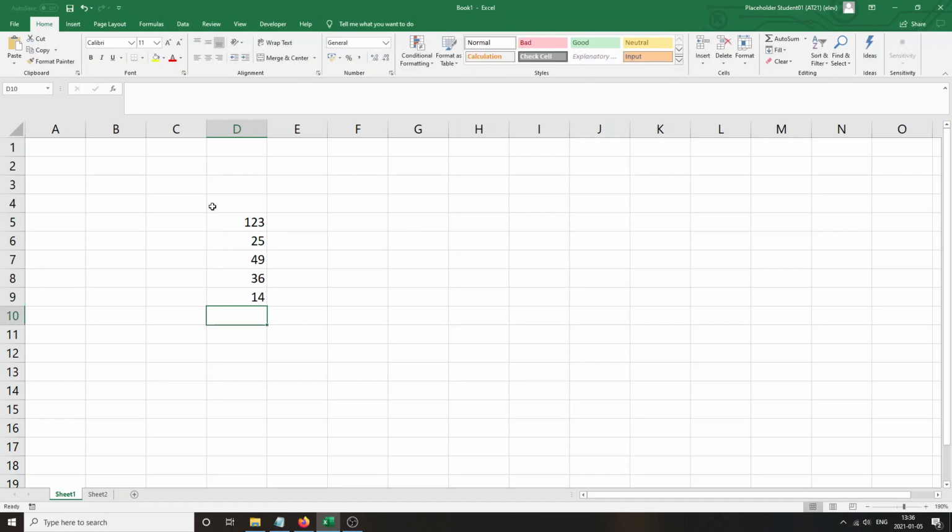And what did I do? I wrote a few numbers. I pressed enter, and what did we see happen? As soon as I pressed enter, I jumped down. So I went in this column D, one cell at a time. I could have also gone the other way. I press